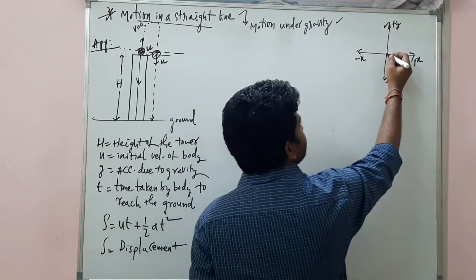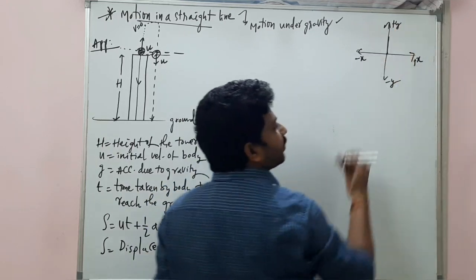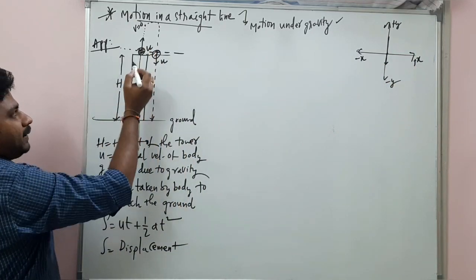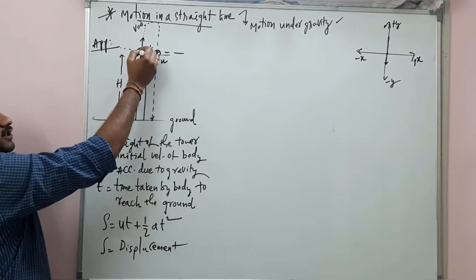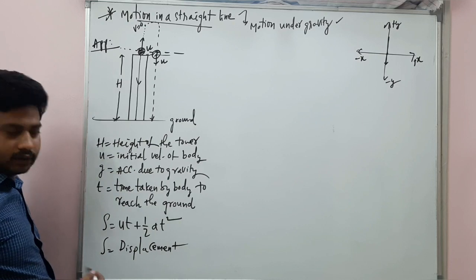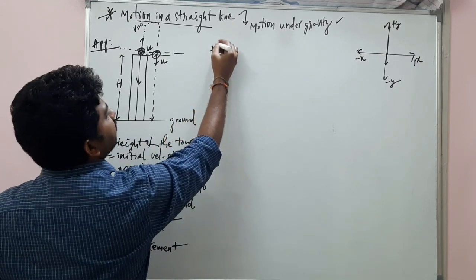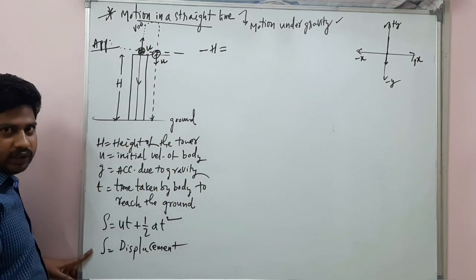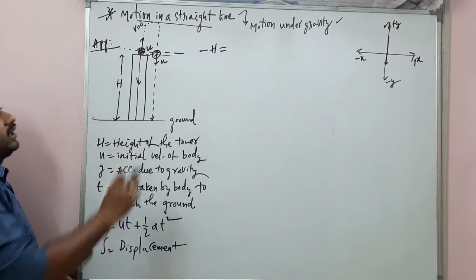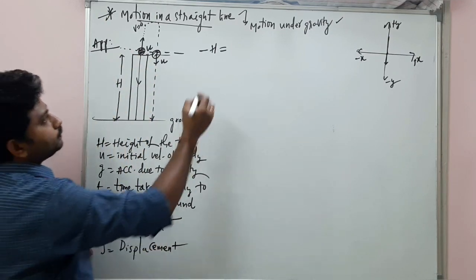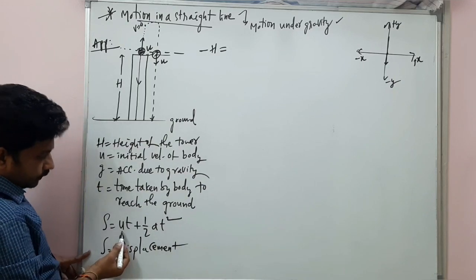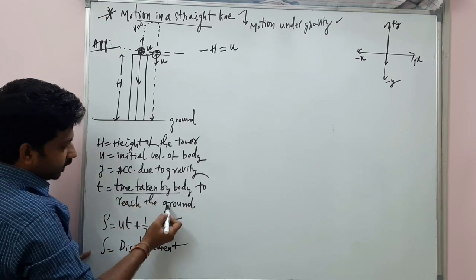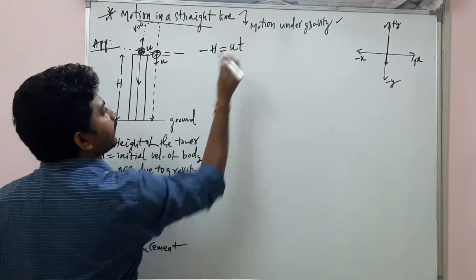So from the origin, the upward distance is positive and the downward distance is negative. Understand? From the origin, the displacement is from here to here, right? So displacement is nothing but the height of the tower. So s is equal to the height of the tower, but it is negative because displacement is a vector quantity. It will have a direction. That's why minus h is equal to u, the initial velocity with which the body is thrown up, times t, where t is the time taken by the body to reach the ground,